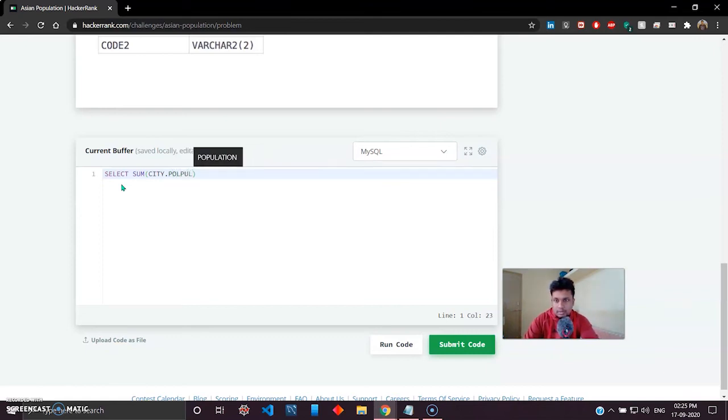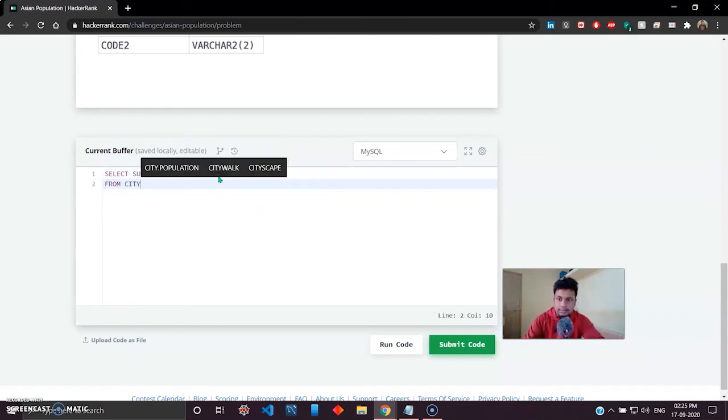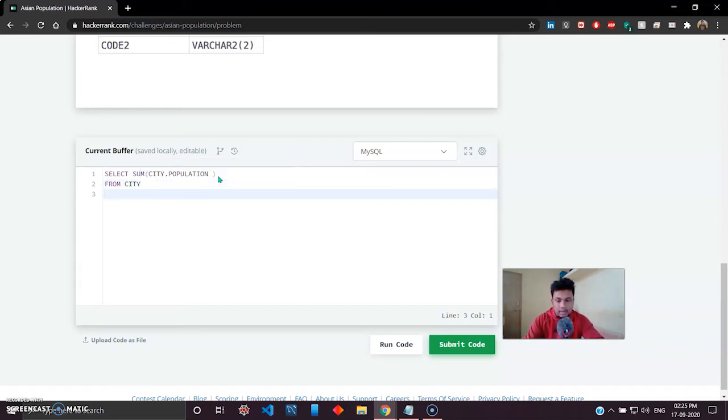So population will be here, and then you need it from the city table. Again you have to mention from where you're choosing the column, and again you have to put the join keyword to join the city. Now for joining you need the on keyword because you are joining based on some common or similar column names, so you use on and then define the column name.